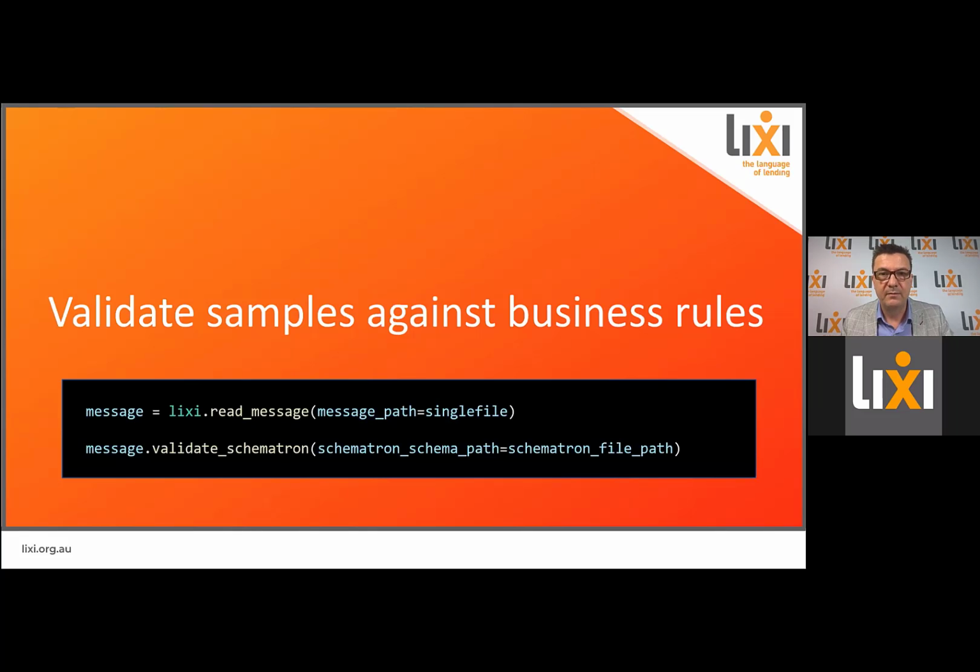So once again, retrieving all of the business rules is an identical process to that last clone, so I won't repeat it. And once you've cloned the Schematron files, it only requires a single extra line of code to the previous code block to enable business rule testing. So once I've created an instance of the message in code, all I need to do to validate that message using Schematron is provide the Schematron file that I want to check.